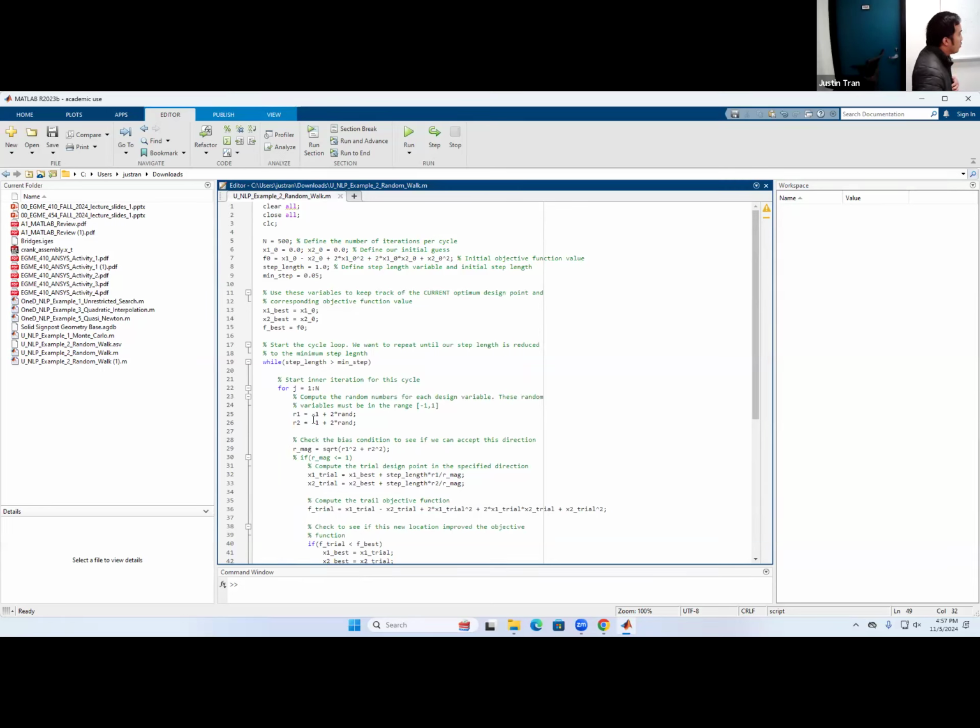So there will be some problems where, in this problem it's kind of like a made-up math problem, and so we can say that a step size of like 0.05 is small enough. But maybe you're optimizing the dimensions of like an airplane, right? And in that case, maybe too small would be something less than 10 millimeters. So it's really kind of problem dependent. And so basically you set that minimum step length where you say, if we take a step length of less than this, it's not really going to change our results much at all.